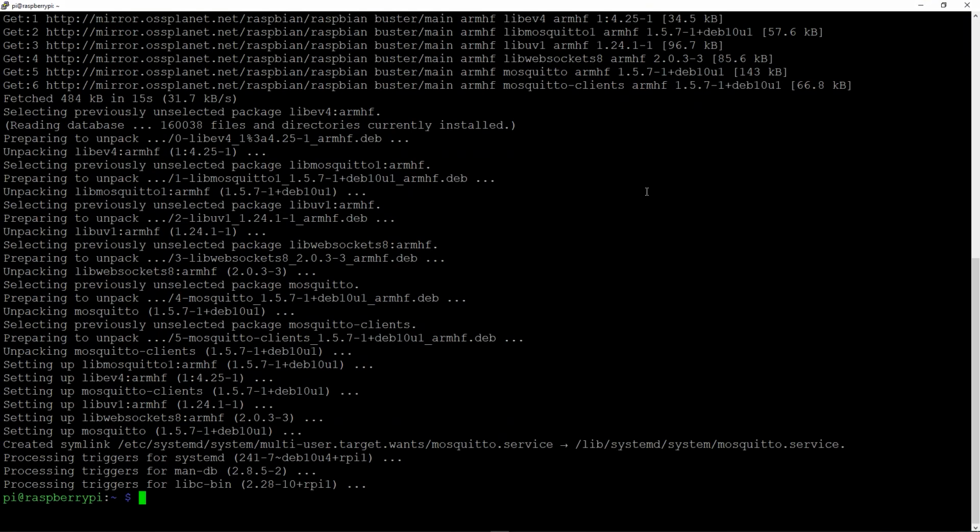Now the installation is complete. Finally, to enable the Mosquitto Broker on Raspberry Pi boot, type the following.